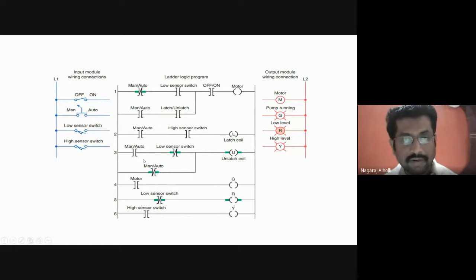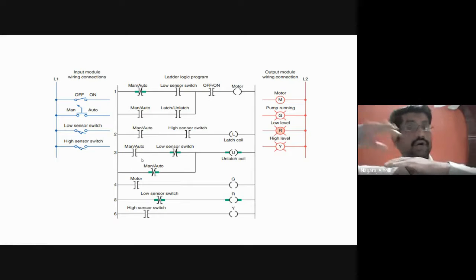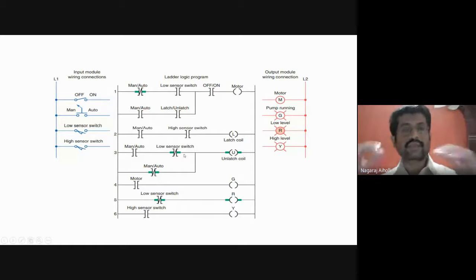This is the manual bar auto, and this is in closed condition. We have pressed it, because we are using that. It is closed, examine if closed. Low sensor switch, this is now examine if open. We are releasing it. Why is it released? Because now the tank has started to fill. It is not in low position now. Initially, it was in low position when we wrote here. Now it is not in low position, and the tank has started to fill.